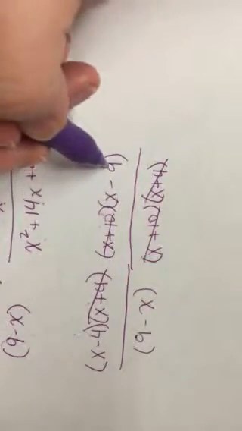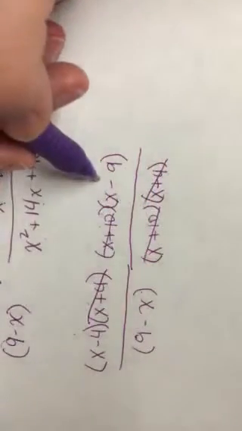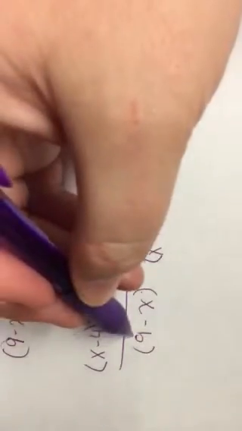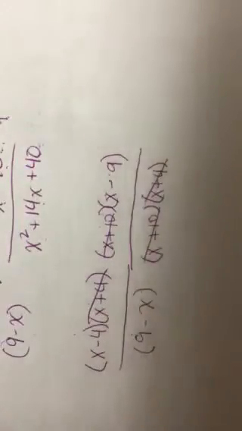Now I have an x minus 9 and a 9 minus x. Be careful here. Your signs are not the same. This has a negative 9. This has a positive 9. This has a negative x. This has a positive x. Now,